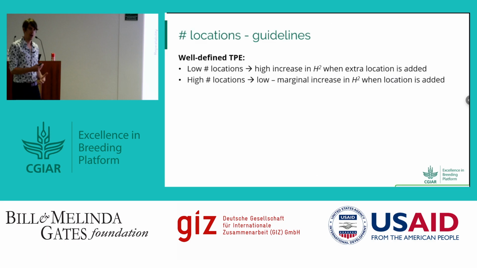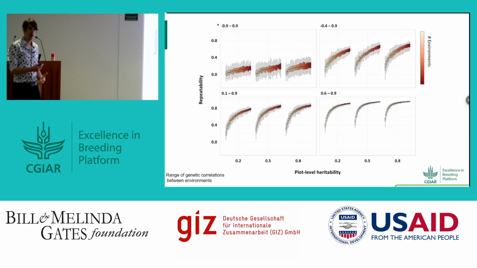Now we observe in these simulations these plateaus. And we see that, well, if we go into these ranges of medium to high genetic correlations, we see that everywhere. At the beginning, we have a huge increase. And then the more we increase our number of environments, the more it plateaus, and at some point there's very, very little benefit. So, well, what now holds true for your breeding program has to be decided based on your data. But I think you can derive 2 rules of thumb here that you could take home with you. The first one is